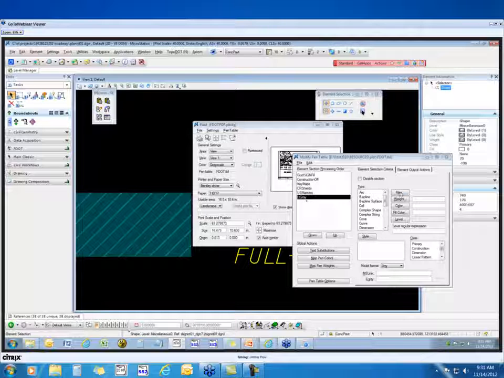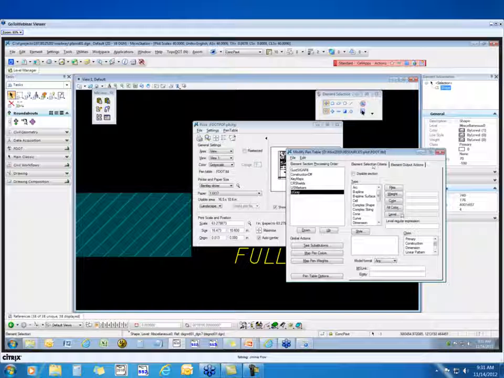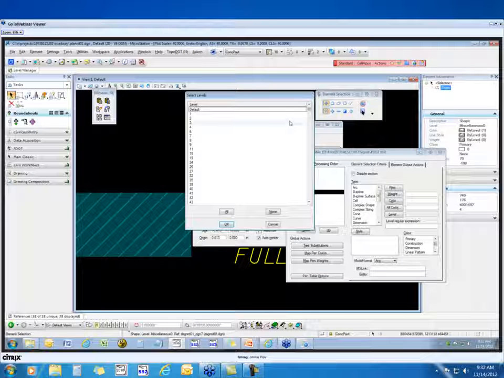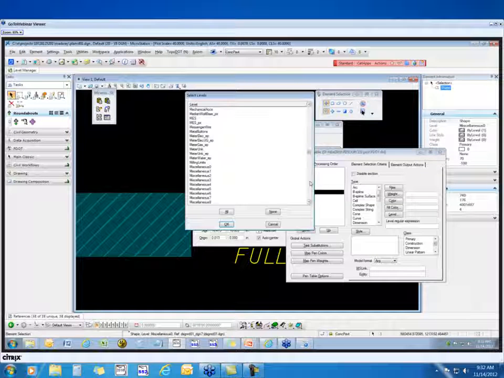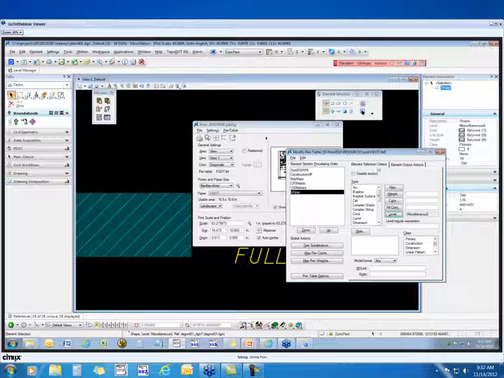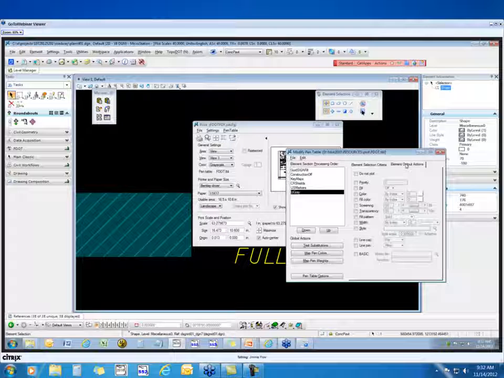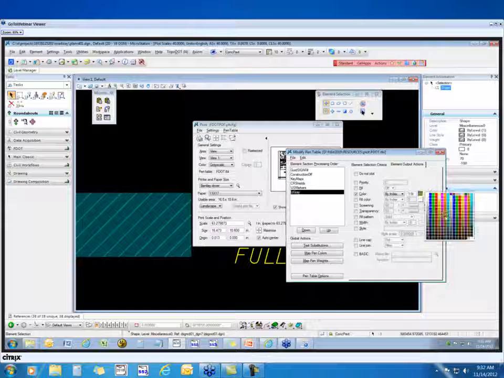So we've defined the section. We want to define the selection criteria. We'll say, okay, level miscellaneous 0. Oops, too far. We'll say miscellaneous 0. And on the element output action, we'll just say we want to set the color